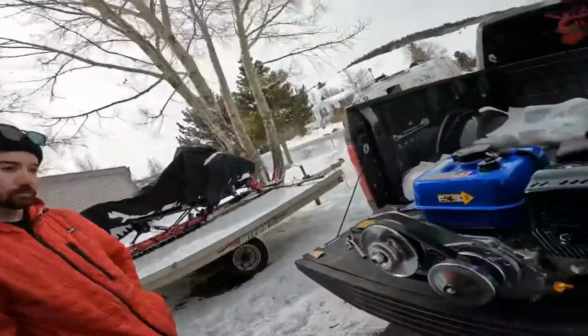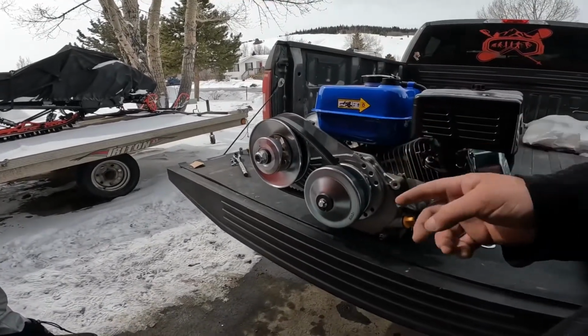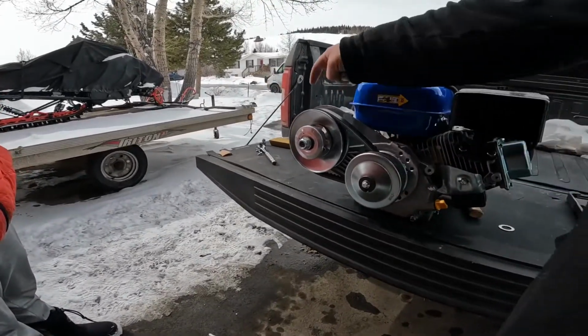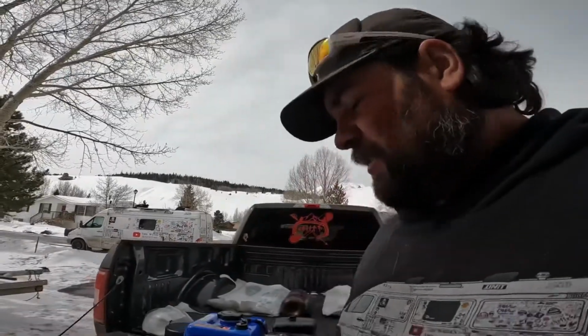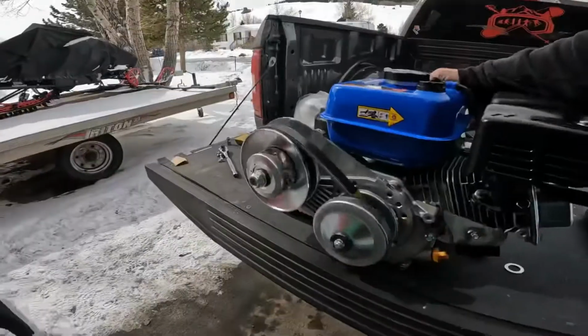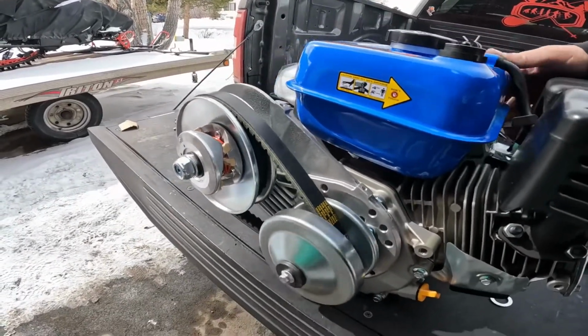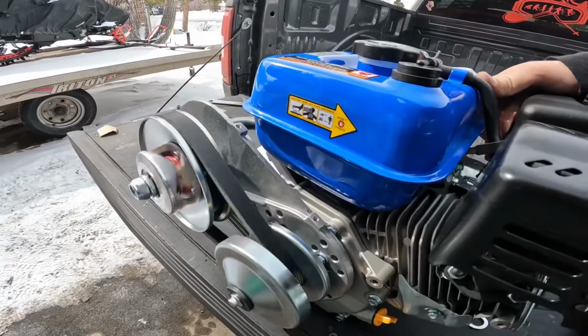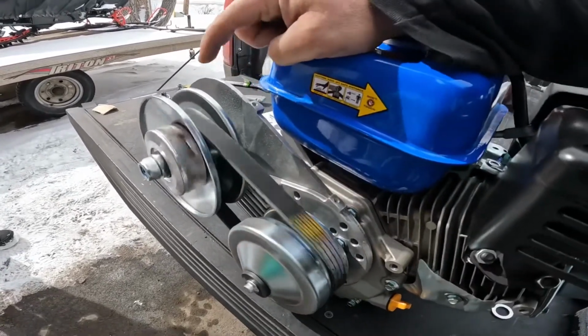The clutch that I've put on this thing, or that I had Johnathan order, is called a CVT clutch. The way that it works, whenever you're first cranking and starting to initiate power, you want this wheel to be small and this wheel to be large, but then as it increases in speed, you actually want that to invert. So let me show you what this motor actually does. See, under idle, it's doing exactly what I was talking about there, and then as you speed it up, notice how this pulley gets bigger and this one actually gets